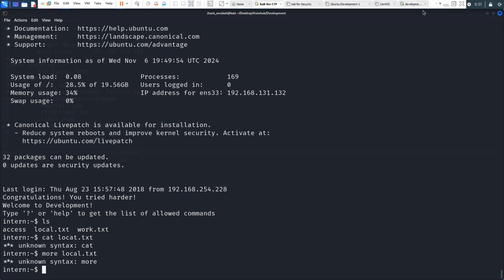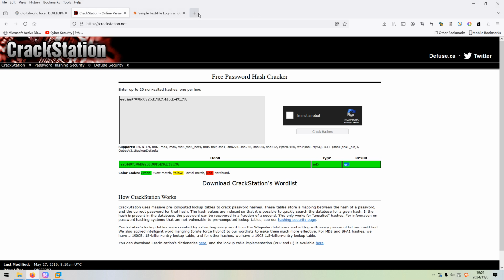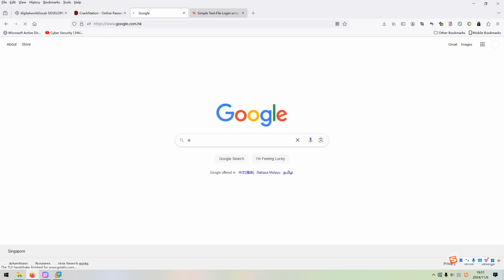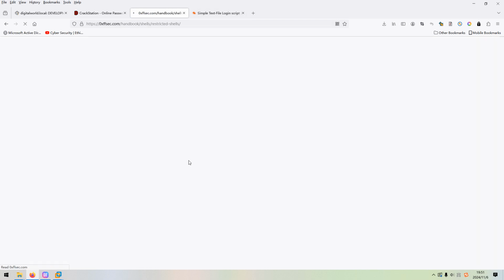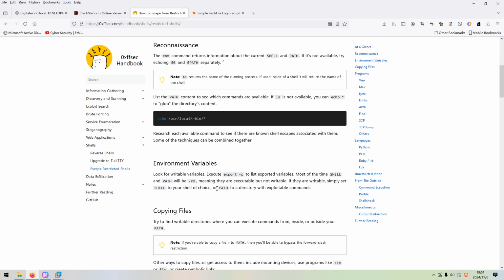And you can go to a website. For example, I always use this website to escape restricted shells. And the first one, you can try many ways to escape. However, all of them cannot work. So do you remember I mentioned one thing at the very beginning? The immersion: before you try to escape or exploit, you need to get as much information as possible. Information is the key.